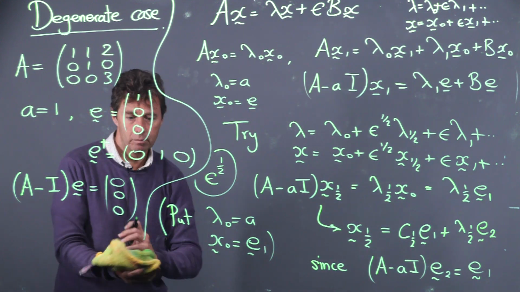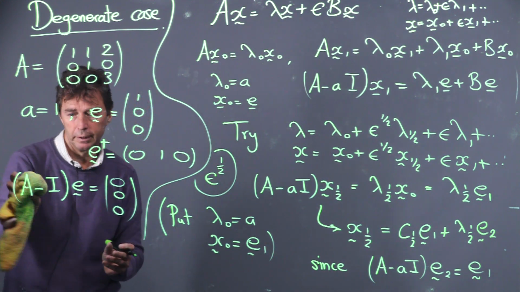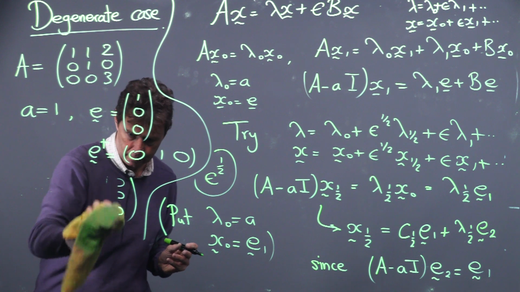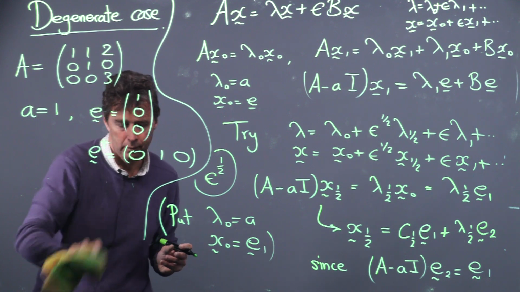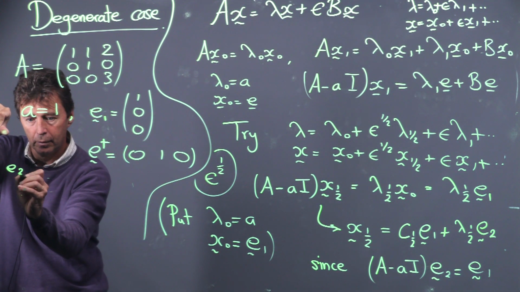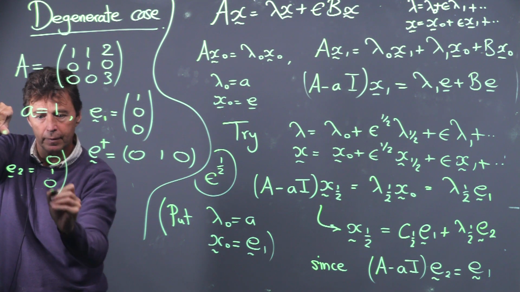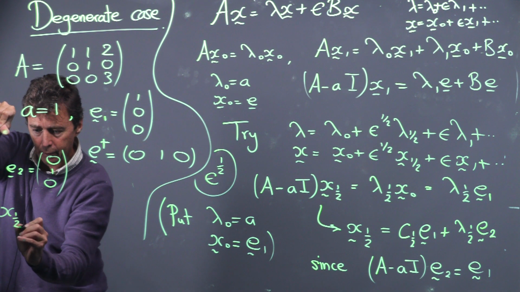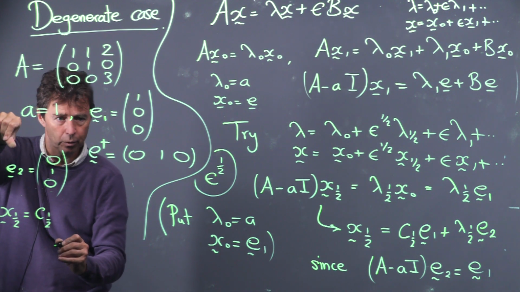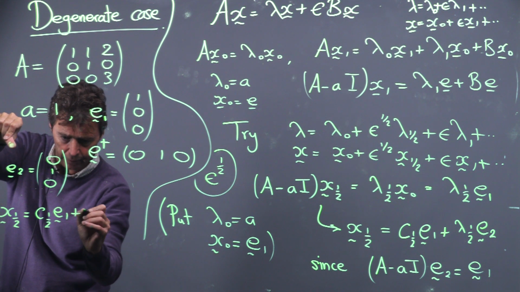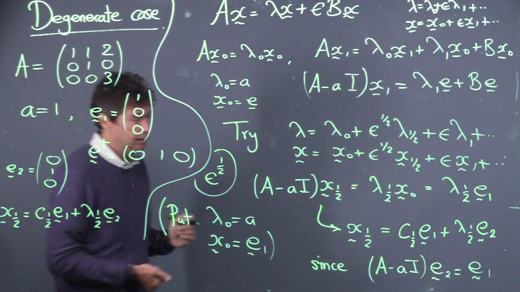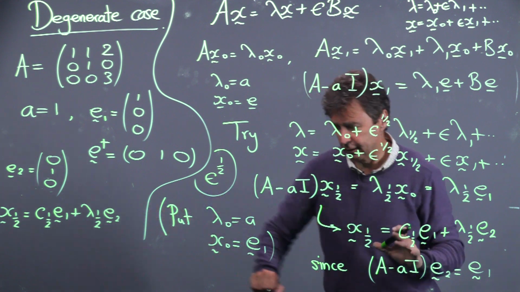Okay, right, so for the problem that we were doing here, what do I get? So this is E1. E2 was 0, 1, 0. So what I find is that x1 half is actually some constant, let's call it C1 half, times E1 plus lambda 1/2 E2. So I can solve it. It's non-unique, but I'm still fine solving it. Okay,